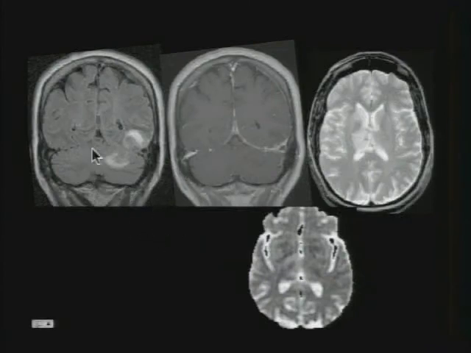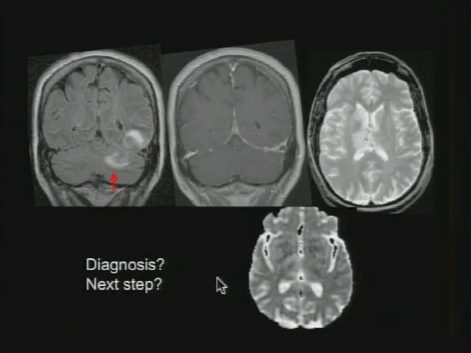So if you look at the coronal flare and the coronal post-contrast, you can see on the flare images the abnormality that we saw in the temporal lobe and also in the cerebellum. Note that the flow void on the flare actually looks like it's present, which is a fake out on this flare in the setting of an acute thrombus. And then you see on the post-contrast a filling defect in this patient with sinus thrombosis. You can see on the diffusion, it's not really reduced on diffusion, so not typical for arterial or hypoxic ischemic injury. This patient went on